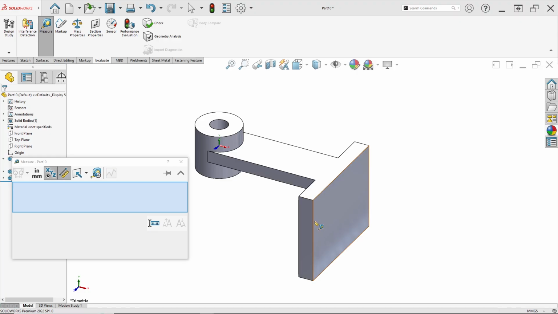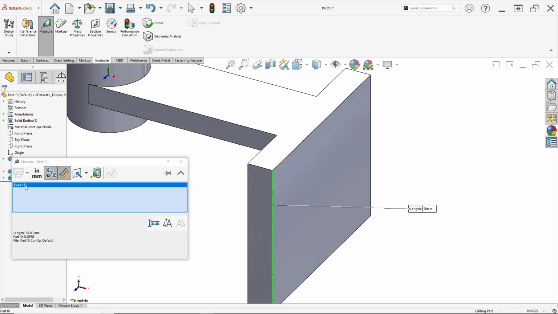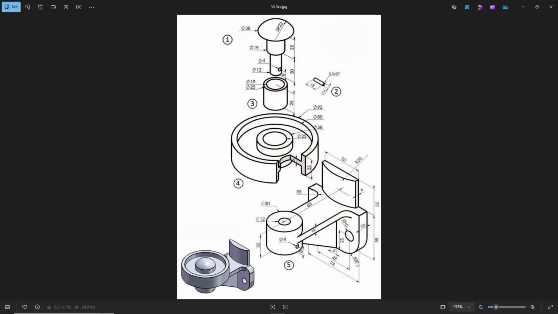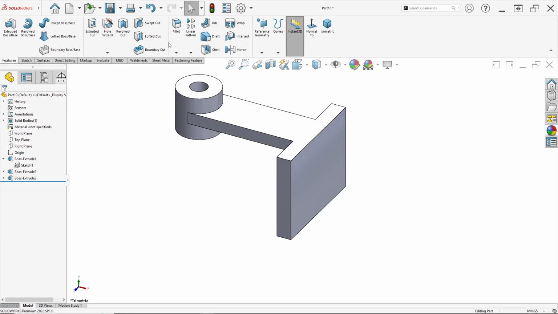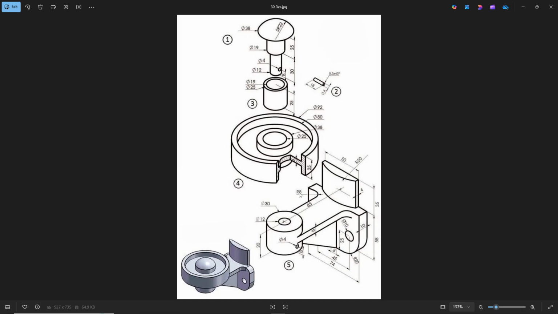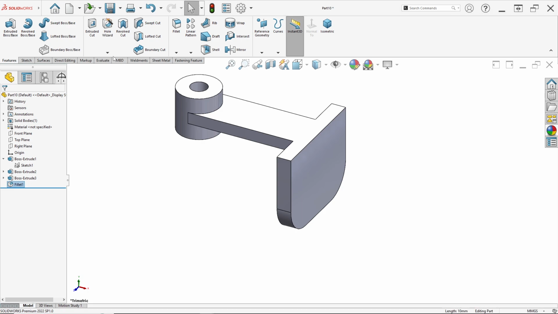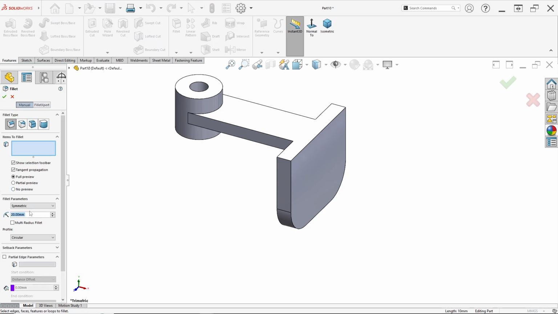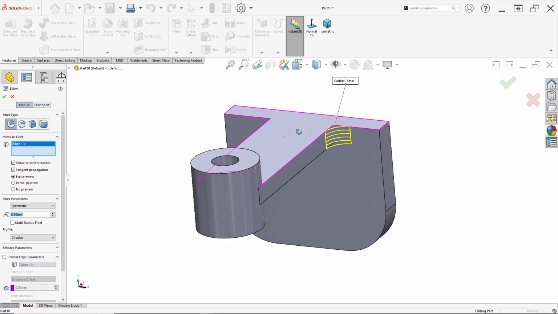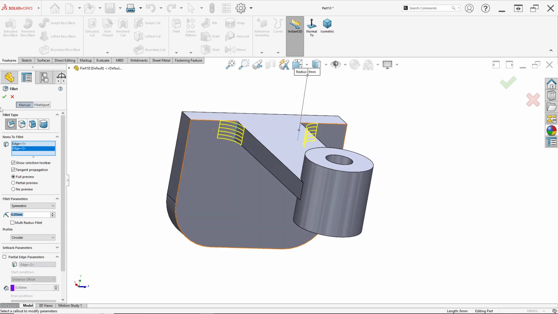Now we can check in here with Evaluate, Measure. Measure this edge, 58 millimeter. It's correct. And don't forget to set the fillet radius to 20. Click Fillet, radius 20 millimeter on this corner edge and this corner edge. Click OK. And here has fillet radius 8. So just click Fillet, 8 for radius on this edge and this edge. Click OK.